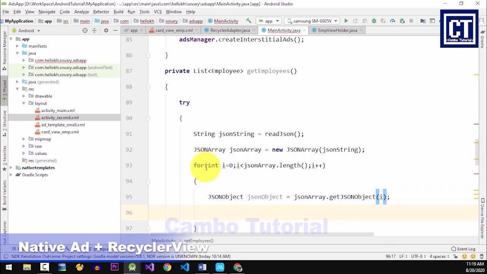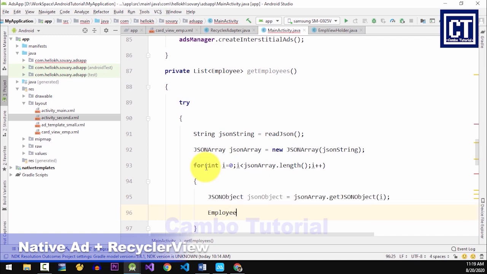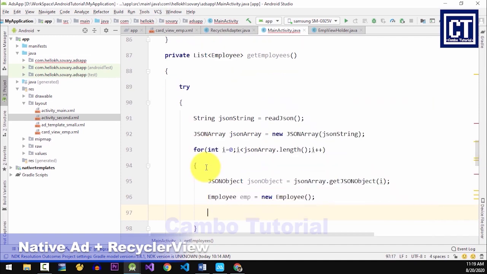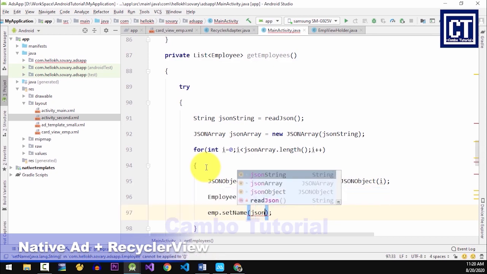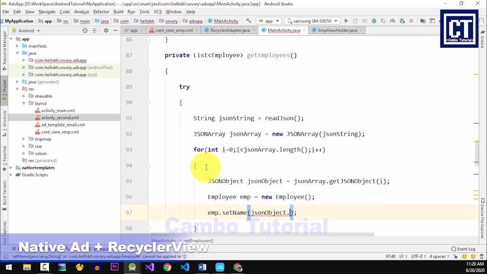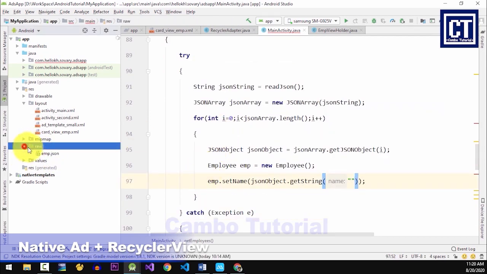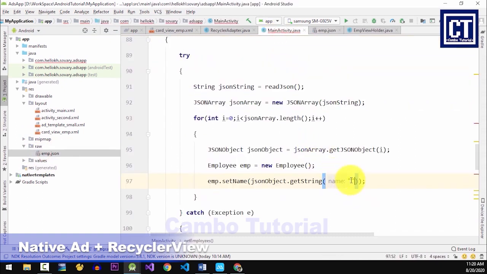And over here we're going to create a new object of the employee. And then I'm going to set the property. It has a name over here, so I'm going to get it from the JSON object, and the field depends on the key in here. So I'm going to get the first name and place it in here,